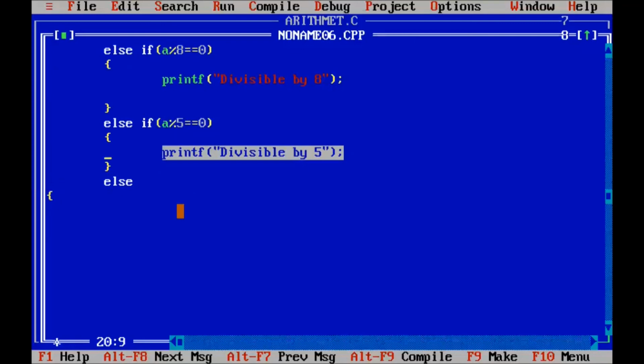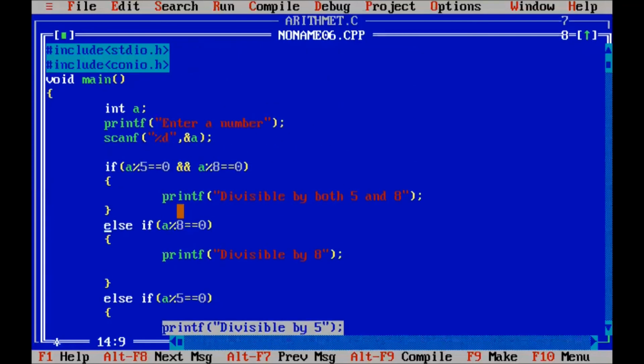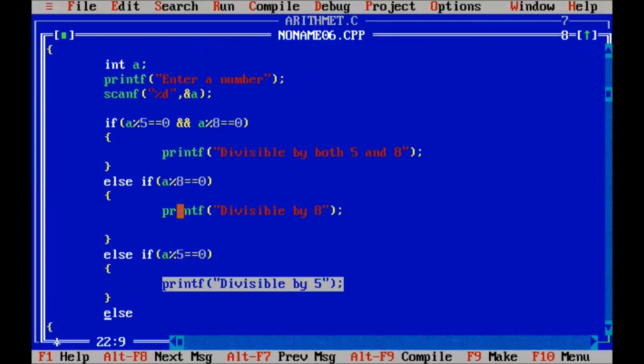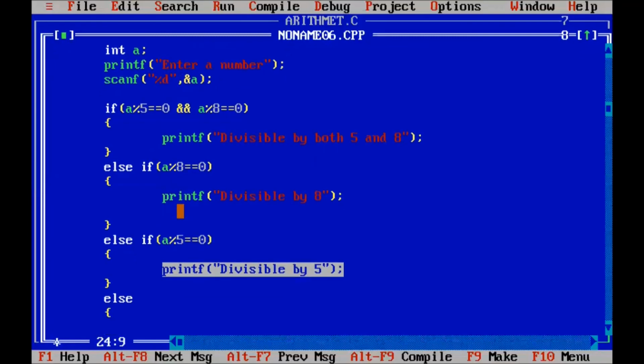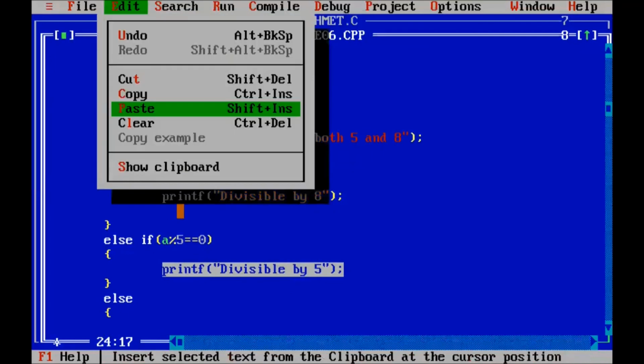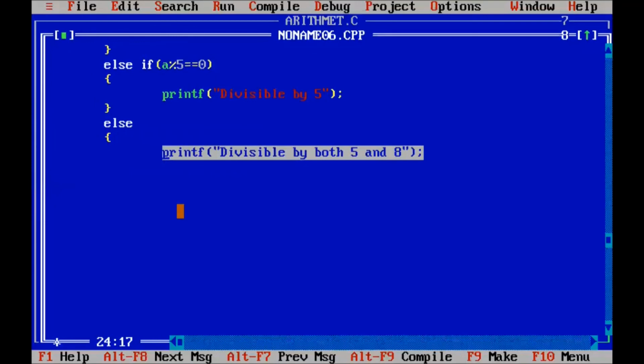This is the if else part. Okay, we write some message here, divisible by none.